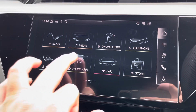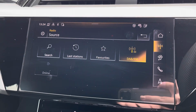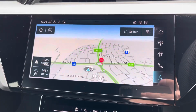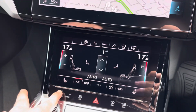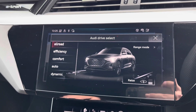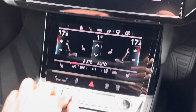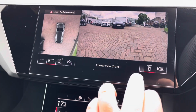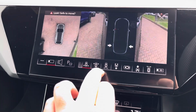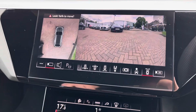From the central touchscreen display you can access Apple CarPlay or Android Auto, as well as DAB and FM radio stations, or simply navigation. Under the climate control we have the Audi Drive Select giving you maximum control of the overall feel and drive of the vehicle, and the adaptive air suspension raises and lowers itself with ease, as well as the Park Assist button which brings up the 360-degree camera system so you never have to worry about damaging that paintwork, and the Park Assist which lets the car park itself for you, you just have to follow